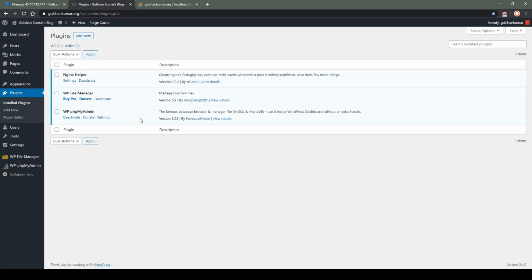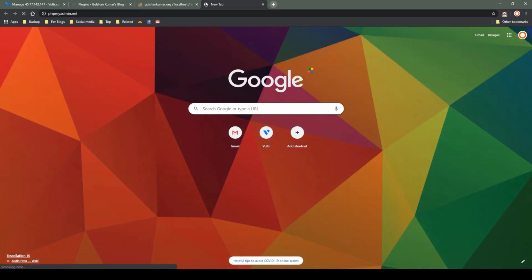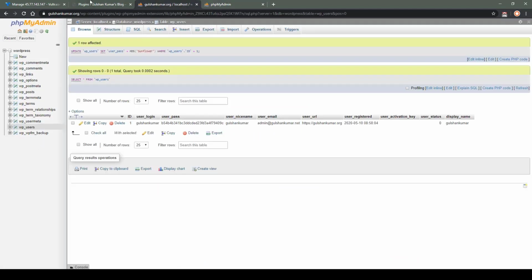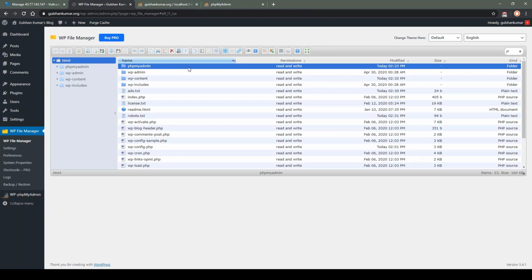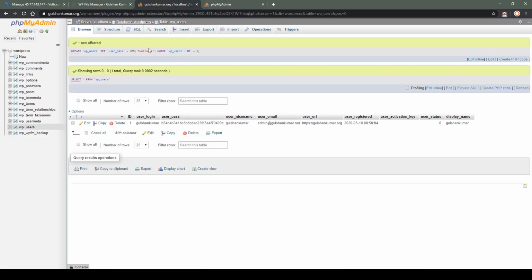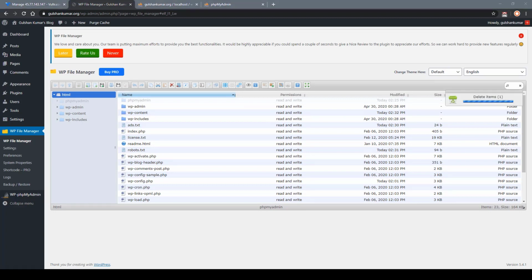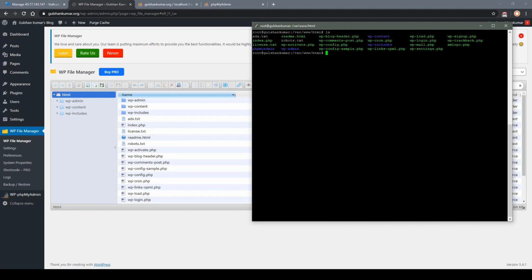You can also install phpMyAdmin manually by going to phpmyadmin.net and downloading this file and simply uploading it at this location in unzipped format like I have done. This process is very simple. I would like to show you using the terminal. Let me delete this file first. Make sure that you are in the HTML folder, which is the public directory, I think,